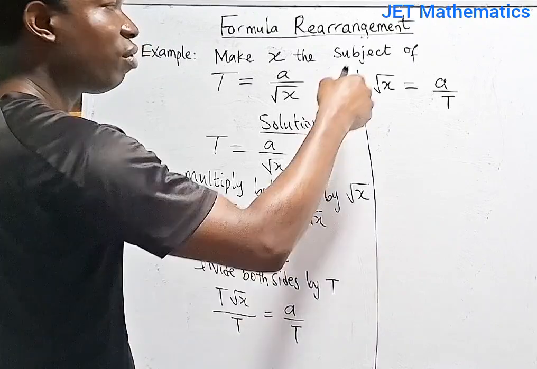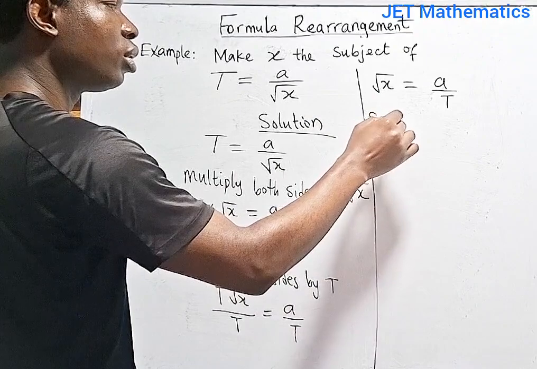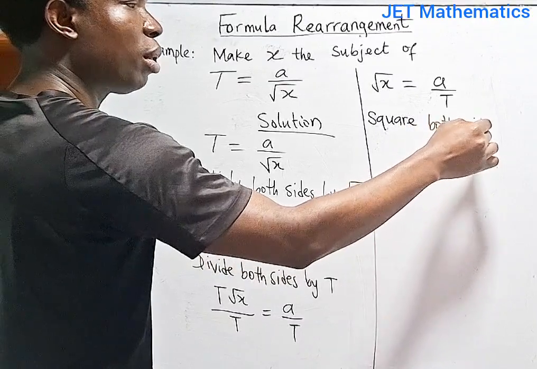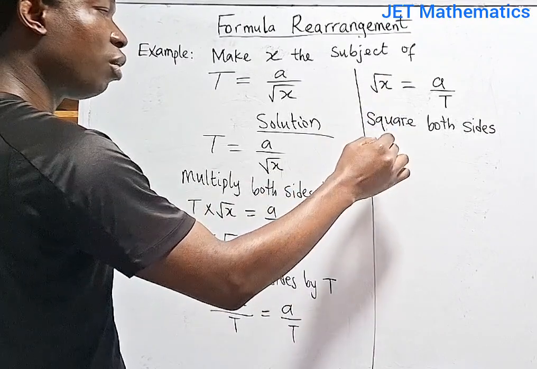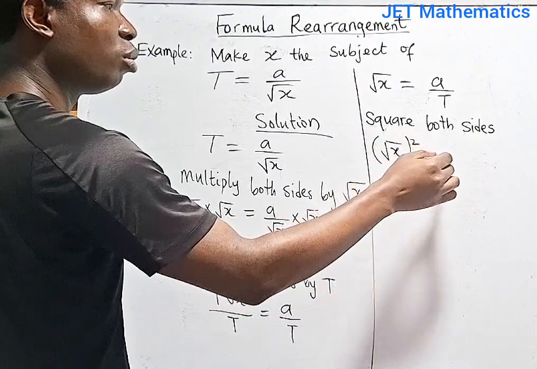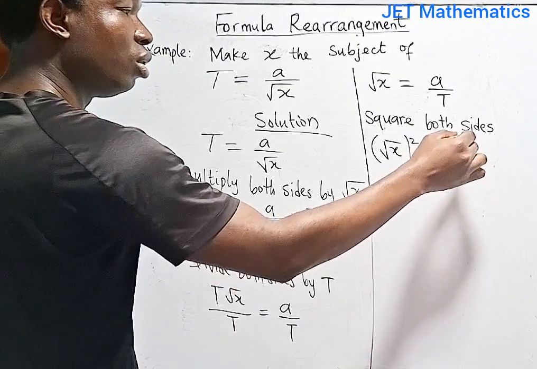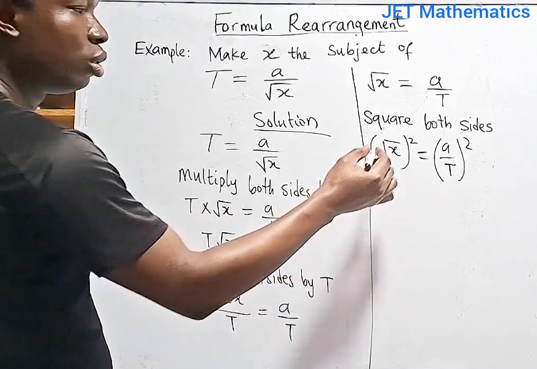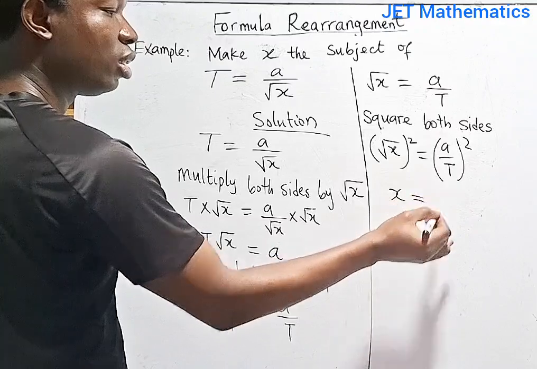Alright, so the next thing is to get rid of the square root. Now to do that, the inverse operation of square root is square. So we are going to say square both sides. Remember, whatever you do to the right hand side, you do to the left hand side. So when we square both sides, the square of root x will also be the square of a over t. Alright, so square root goes out to square, and then we have x is equal to,